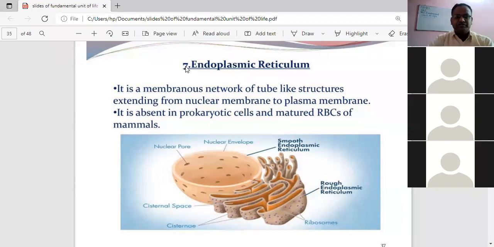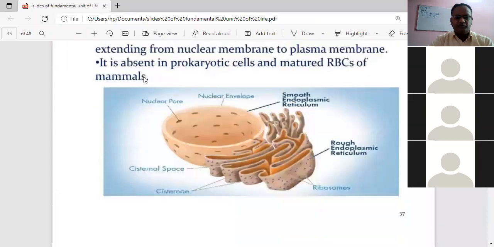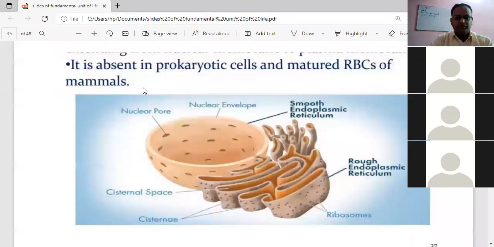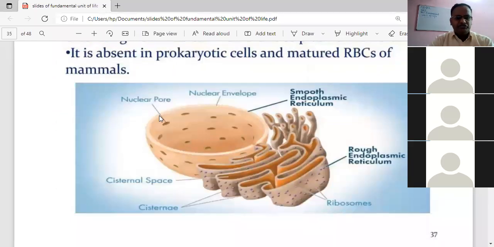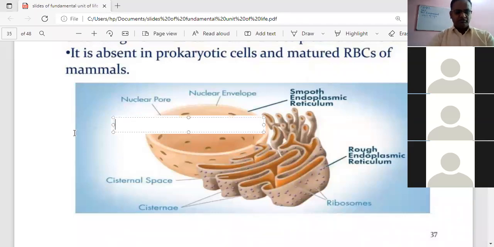That you can see in this image, which let me enlarge it also. You can see in this image, this part is the nucleus. This part is your nucleus. And you can very well see, students, how this is the nuclear core, this is the nuclear envelope, and this part is the